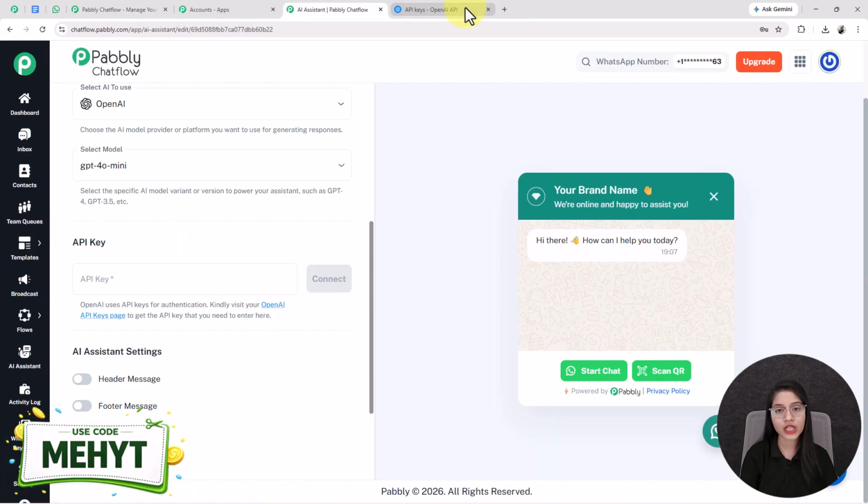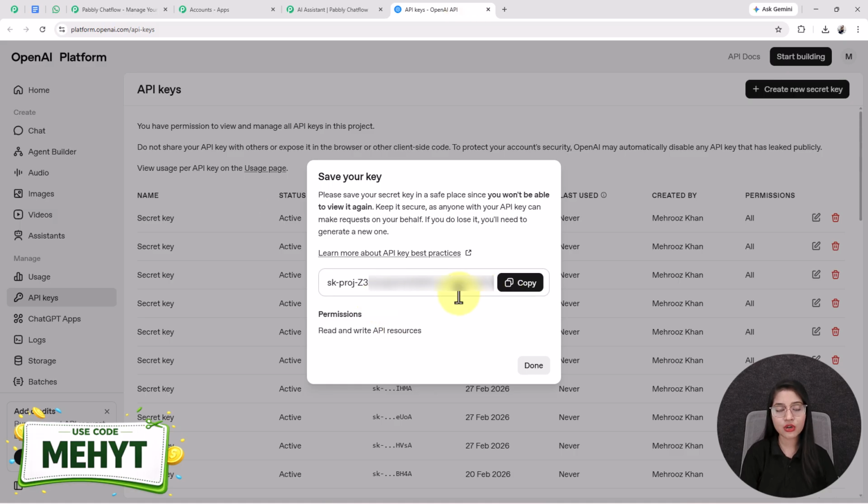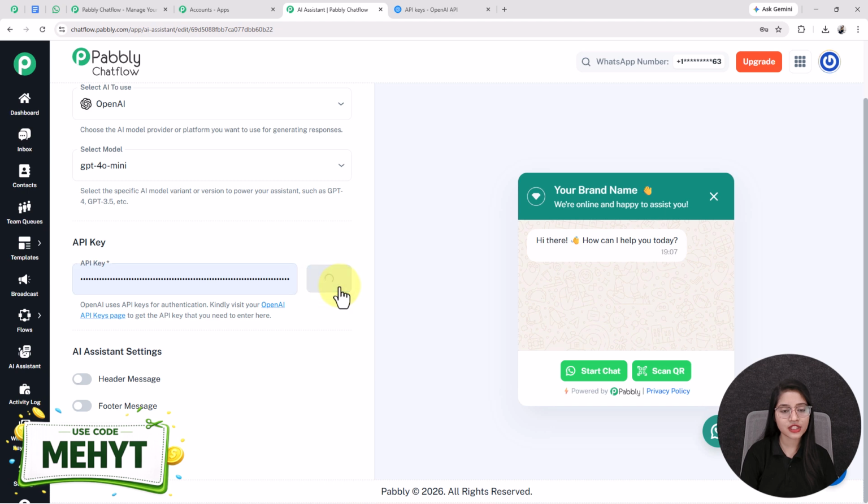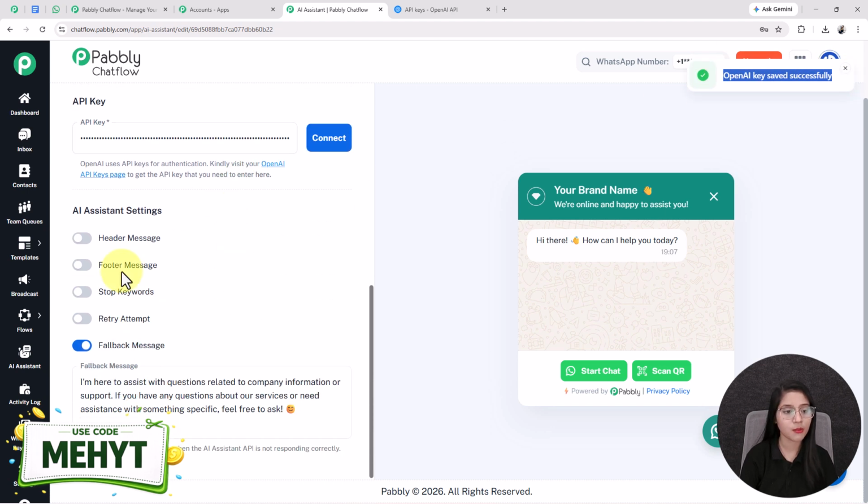And I want you to know that for generating this API key, your OpenAI account needs to be paid. After pasting the API key, I am clicking on this connect button and you will see it says that OpenAI key saved successfully. Now I am moving forward to the AI assistant settings, where the first one is the header